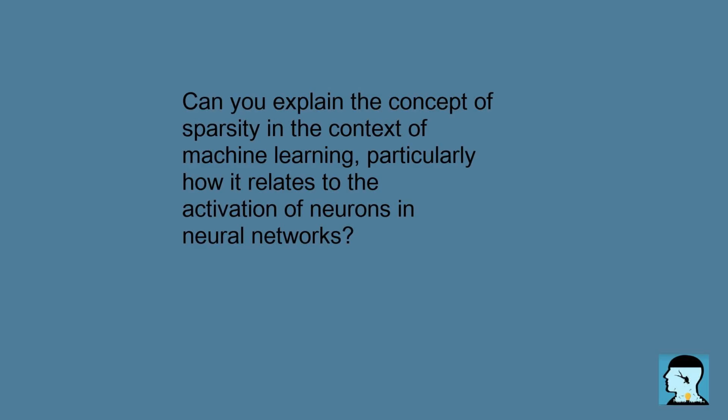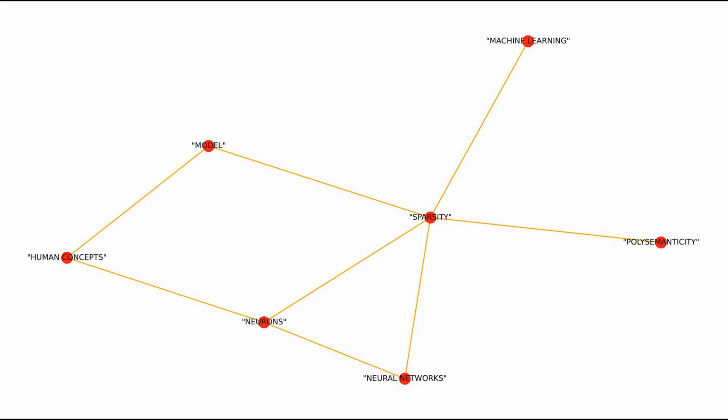Can you explain the concept of sparsity in the context of machine learning, particularly how it relates to the activation of neurons in neural networks? Sparsity in machine learning can be thought of like a light switch in a room filled with so many light bulbs. Instead of having all the bulbs on at once, which can be pretty confusing and hard to understand, sparsity means that only a few specific bulbs light up when we want to show something special. So, in the context of neural networks, which are like a big network of light bulbs, or neurons, sparsity